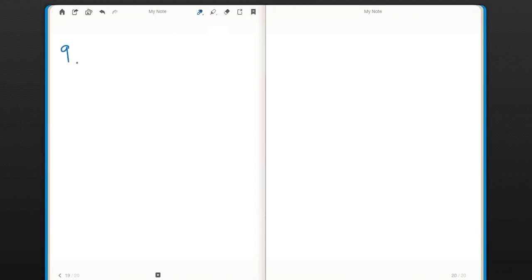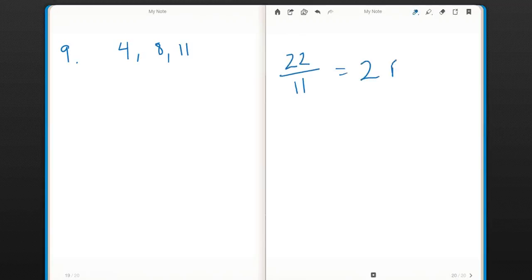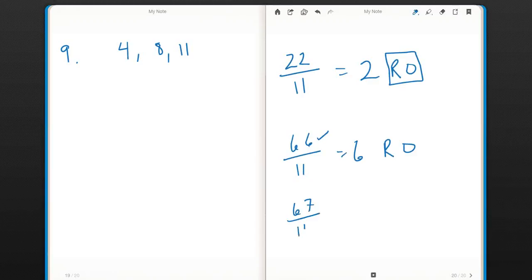Number 9, it wants us to find the smallest whole number that is divisible by 4 and 8 and 11. Now let's talk about terms for just a minute. If a number is divisible by 11, what does that mean? Well, that means if I take 22 and I divide it by 11, it equals 2, and the remainder is 0. Having a 0 remainder means it's divisible by 11. 66 divided by 11 is 6 with a remainder of 0. So 66 is divisible by 11, but 67 is not divisible by 11, because that gives us 6 with a